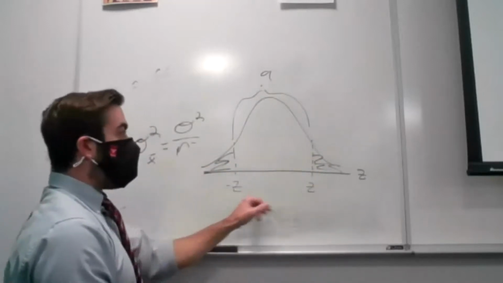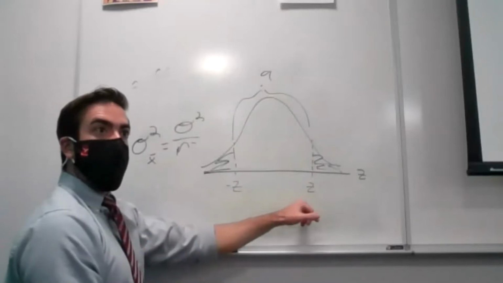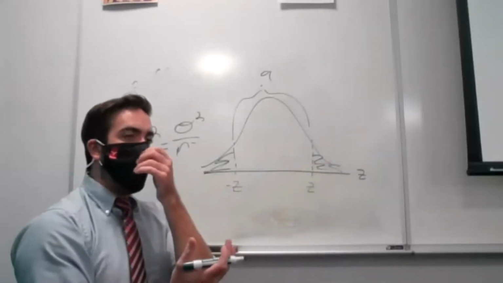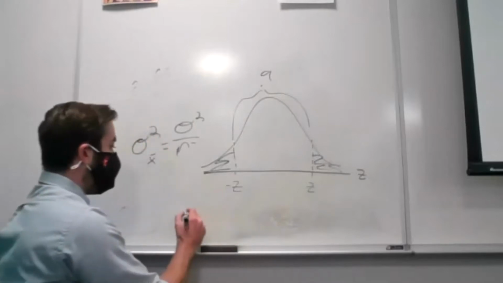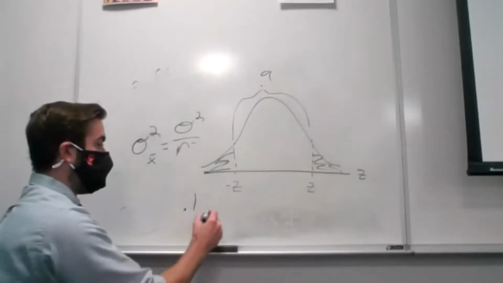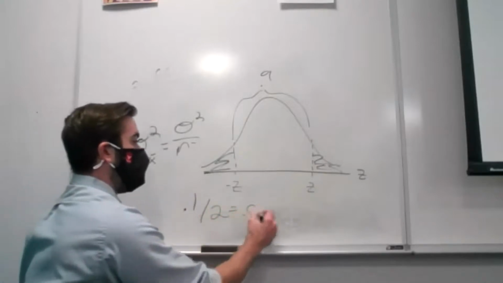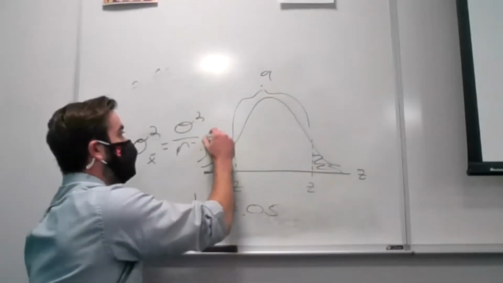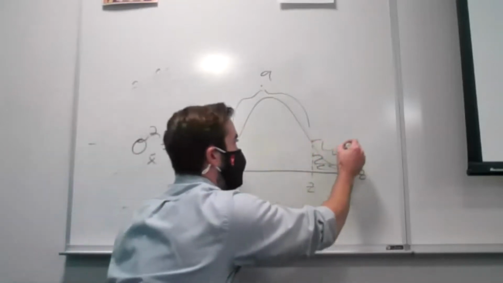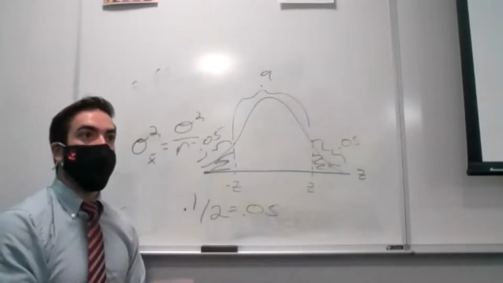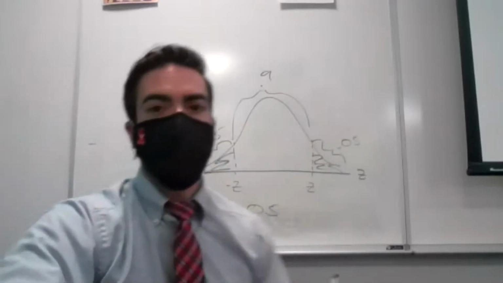But remember, we're looking for the same number of standard deviations above and below. So these areas should be exactly the same size. So if the total area is 0.1, what area has to be in each tail? Yeah, 0.1 divided by 2. So I know I want the z-scores such that the negative z-score gives me 0.05 in my lower tail. So then what would I do?